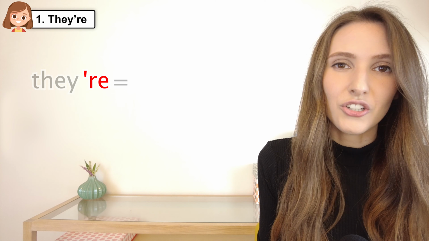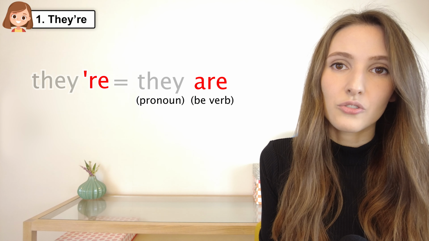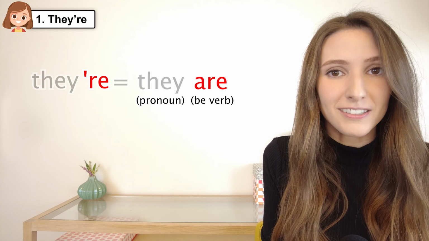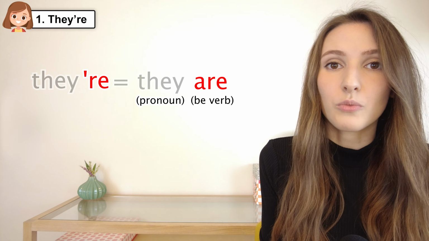The 're is the contraction of are. A contraction is used to shorten a word or phrase, because that's just something we do a lot in English. We contract a word by using what we call an apostrophe and removing part of the word. But we're not going to dwell on this in this video. Here is another chart on the different forms of the verb to be in the simple present tense. So let's use it in a sentence.